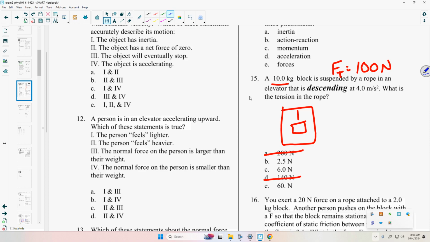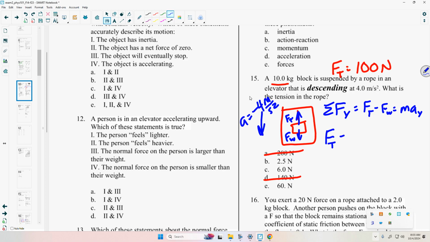I'll draw my forces. There's the tension in the rope. There's the weight. I know that the acceleration is equal to negative 4 meters per second squared. So I say the sum of the forces in the y direction is equal to Ft minus Fw. That's equal to MAY. So that's going to be Ft minus the weight, which is 100, is equal to M, which is 10